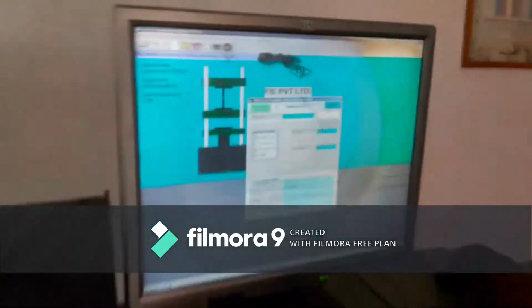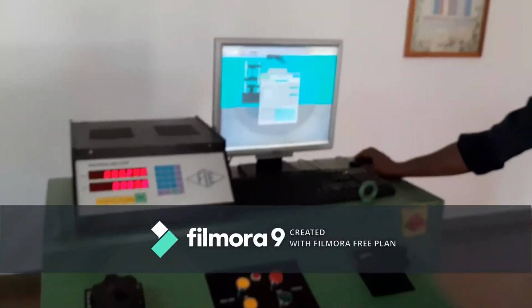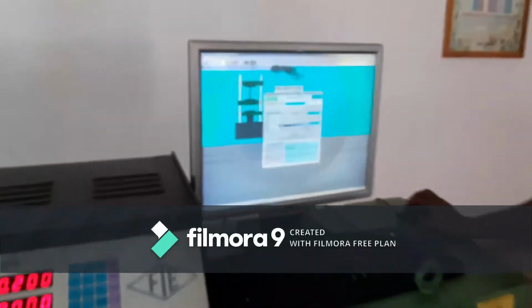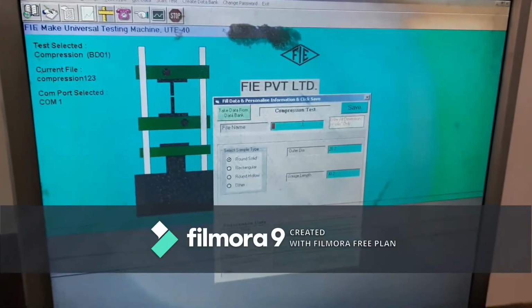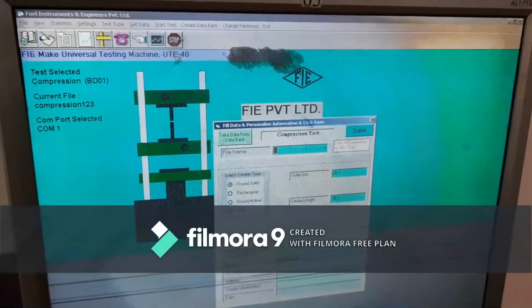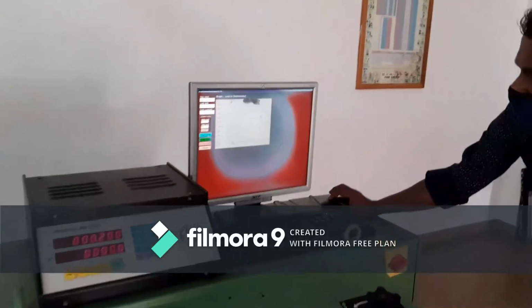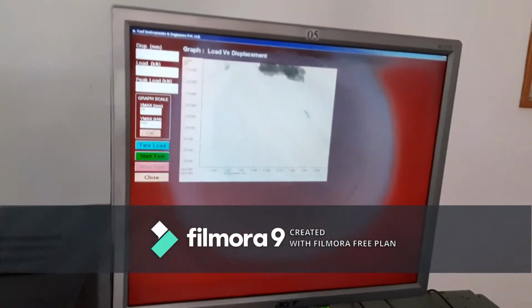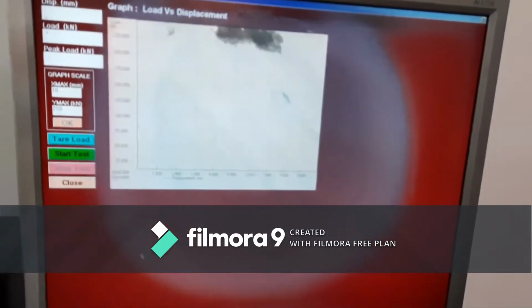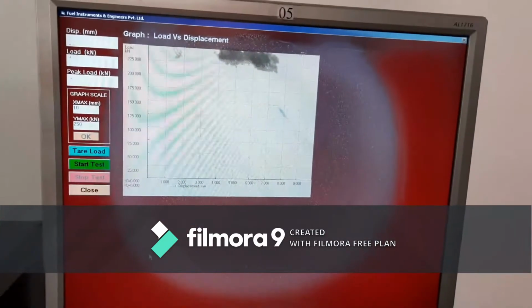After that, click on save. After entering the data and clicking on save, go to start test. From the main menu, you can go to start test.